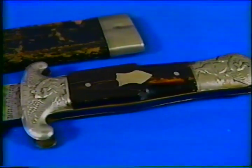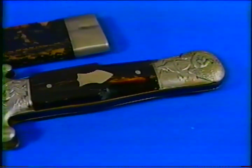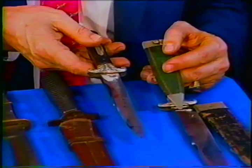Popular with Union soldiers was this spearpoint knife by James Rogers of Sheffield, which bore a hilt and pommel boasting patriotic eagle motifs. Or, like this small Sheffield dirk by Butcher, etched with the slogan, U.S., the land of the free and home